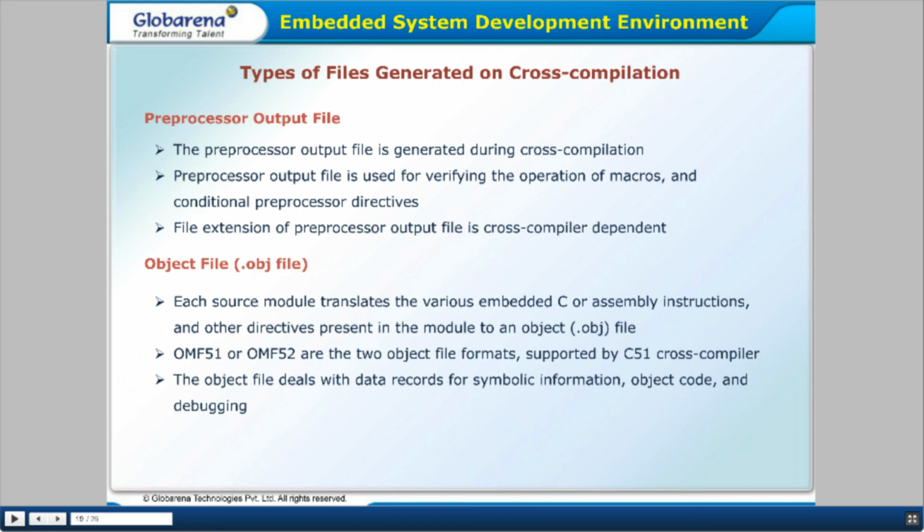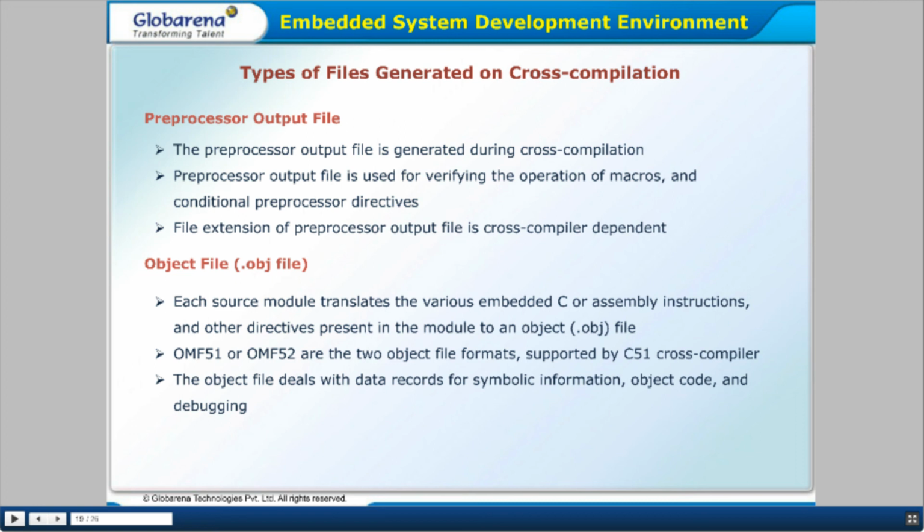This can be saved into the object file, that is the .obj file. Each source module translates the various embedded C or assembly instructions and other directives present in the module to an object, that is in the .obj file.